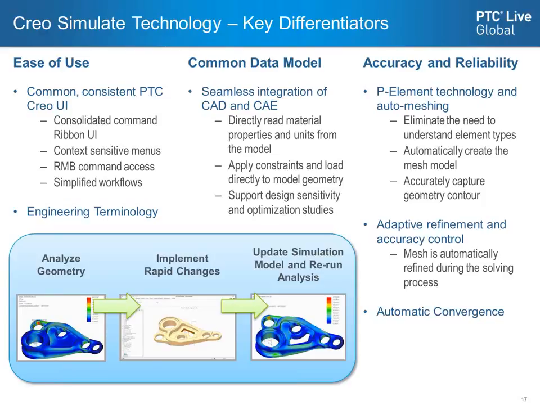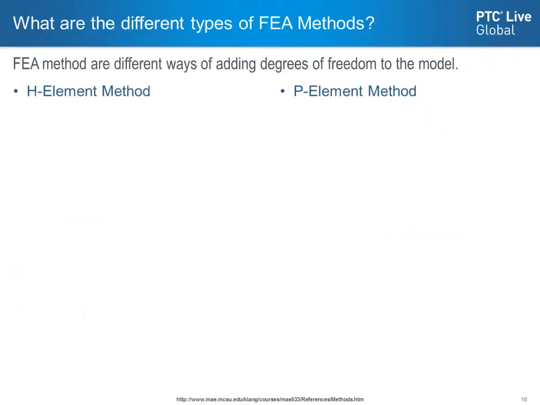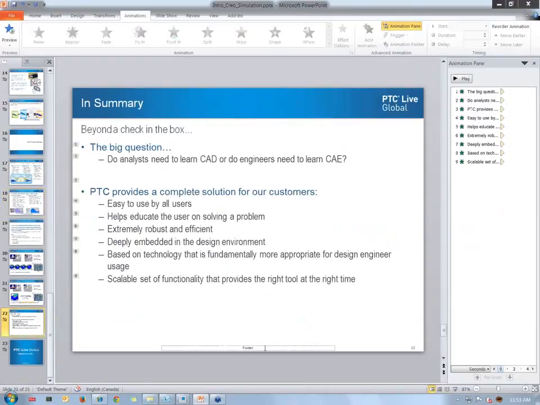The nice thing is, once you run the mesh once, it's saved in the model. So when you make your change in Creo Parametric and come back, you simply have to rerun the analysis. You don't have to remesh it or anything like that. Again, the adaptive capability will take into account those changes that need to take place in order for you to converge on a solution. I've got slides on the technology, but just out of interest, I'll jump through those,